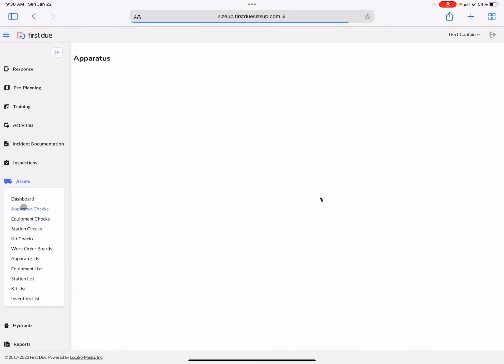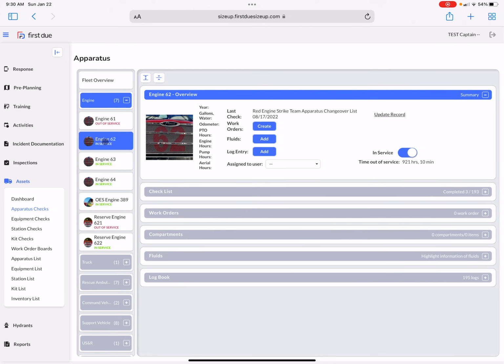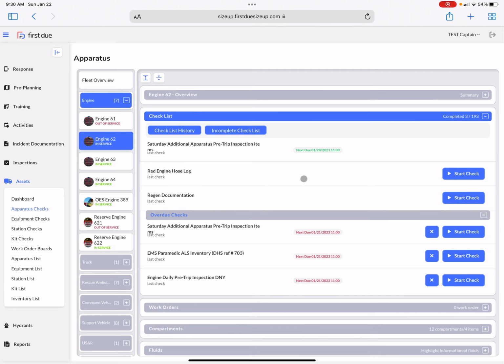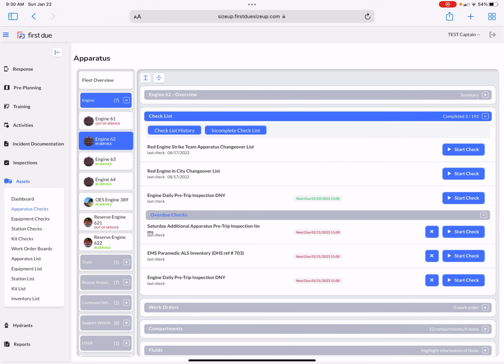So I'll take you back real quick to your apparatus checks, just for one last overview. I'll do another video on how to actually do an apparatus check, how to create a work order, and all of that. But when you're in your overview here, you have these tabs along the bottom. When you hit checklists, it's going to show you all the checklists. You can actually scroll through the checklists, and there are multiple that aren't in the view, but it has your daily